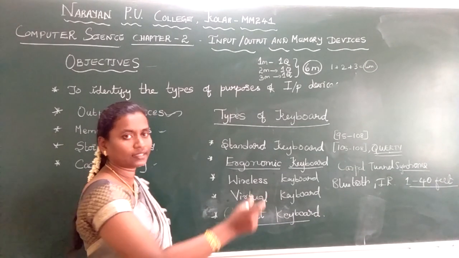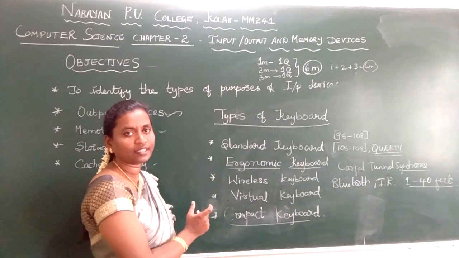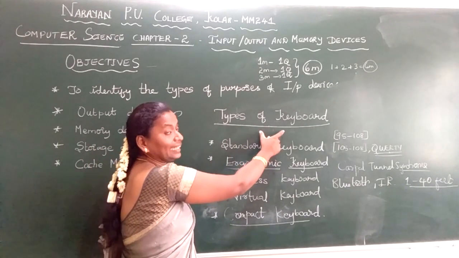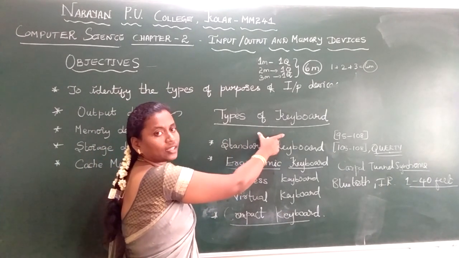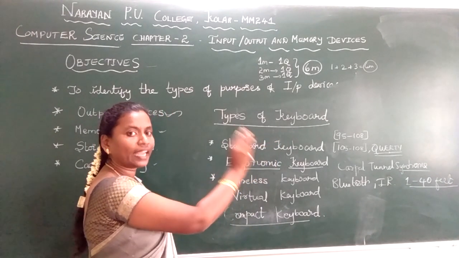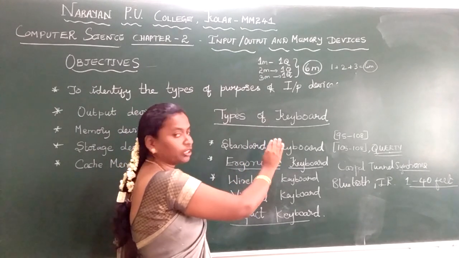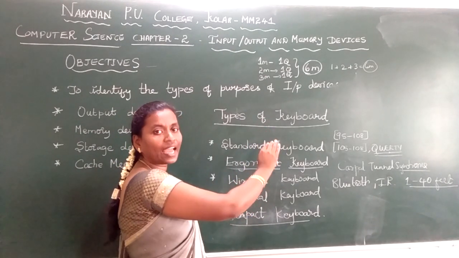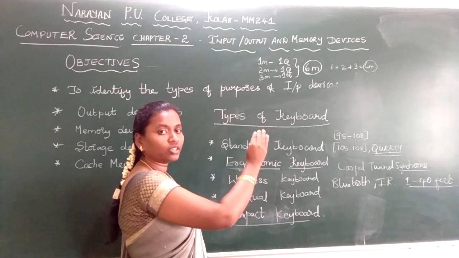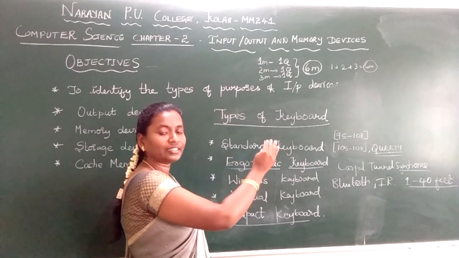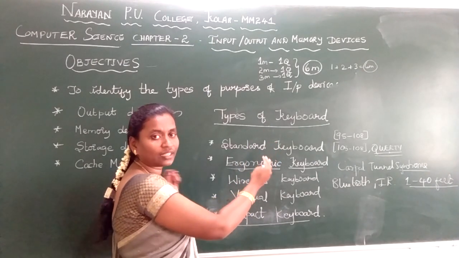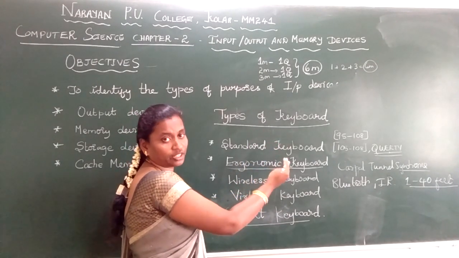So, students, we were discussing the keyboard and its types, isn't it? So, why do we need a keyboard? To feed the data into the computer. I am saying data. I told you what data is. Data is a collection of raw facts and figures. I didn't say information. We are feeding data. Again and again I am stressing this because there is a difference between data and information. Data is a collection of raw facts and figures. It can be whatever you see around you in real time. We consider it as data. But the processed form, once it is processed in the processor and comes out, we call that information.